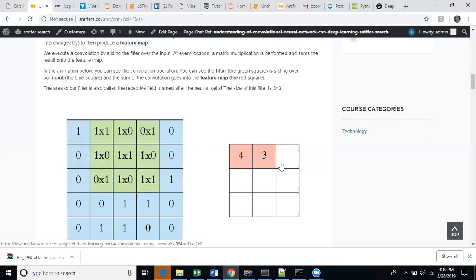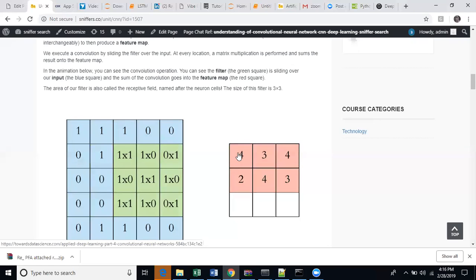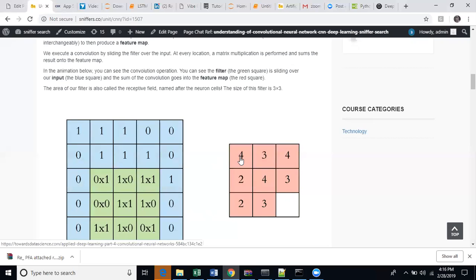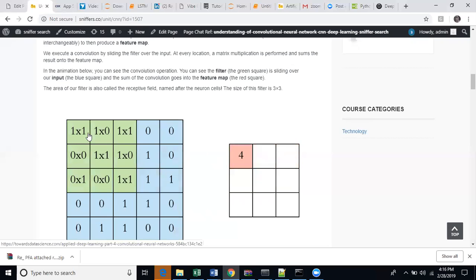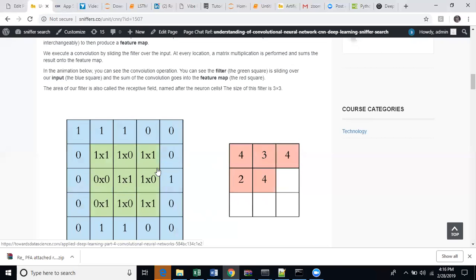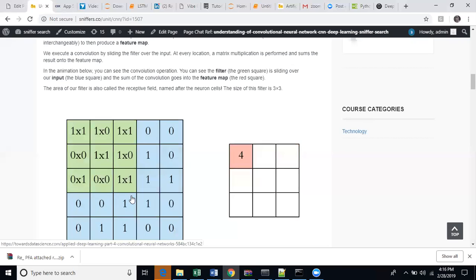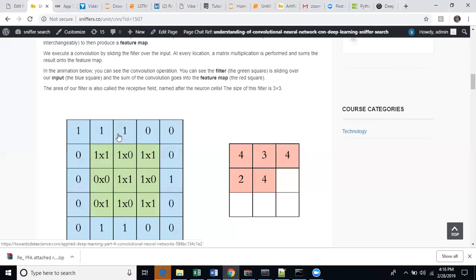One second, Jamie. So the value 4, how is it calculated, that value 4? First, you see one matrix is there, 3 into 3 every time. This 3 into 3 matrix is going on. So at this point, let's say this one, this is calculated. So what is the value of